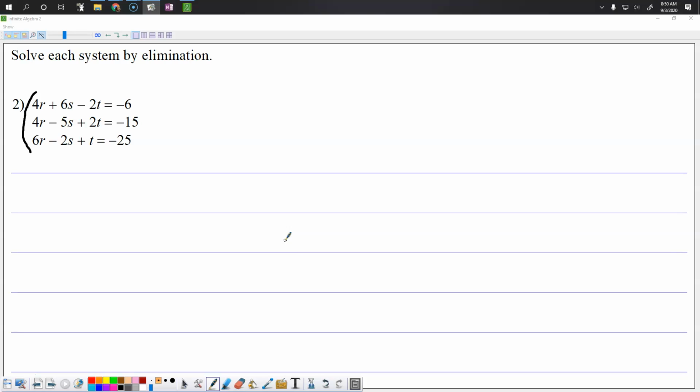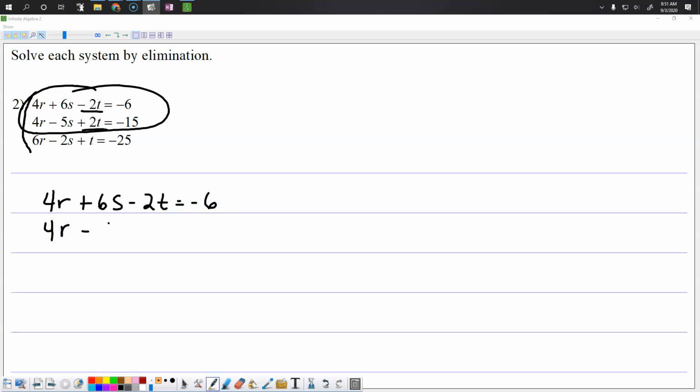Step 1, pick 2 equations. Step 2, pick a variable. I'm going to cancel the t this time. Notice how they're already opposites. That will save me some time if I pick the one where they're already opposites. So 5 looks like an S. Since those 2 variables, the t's, already have opposite signs, we can just combine them together now